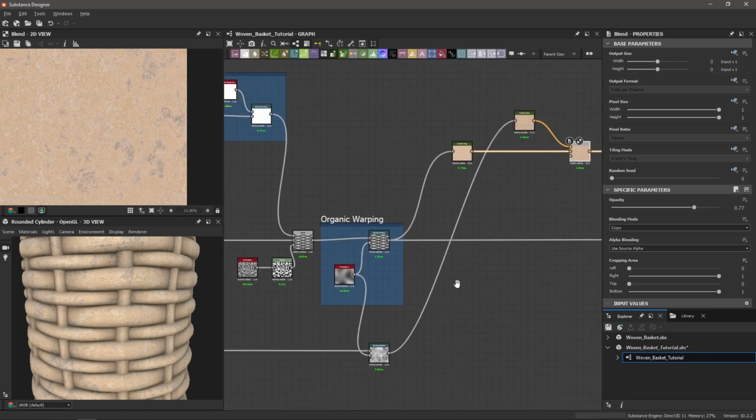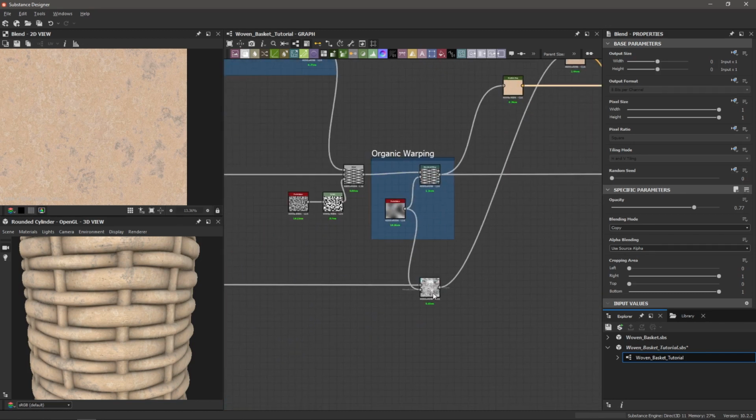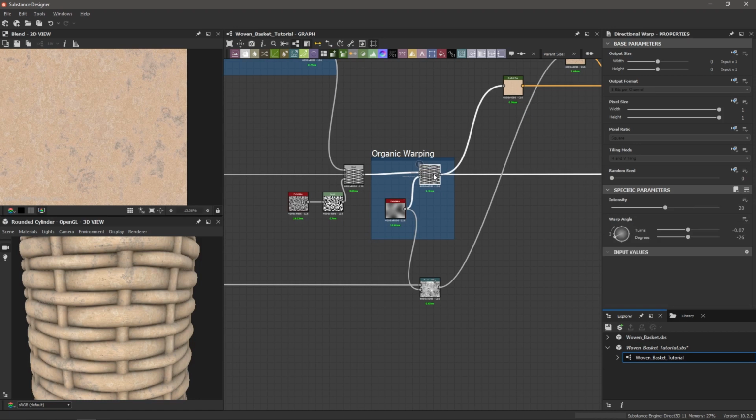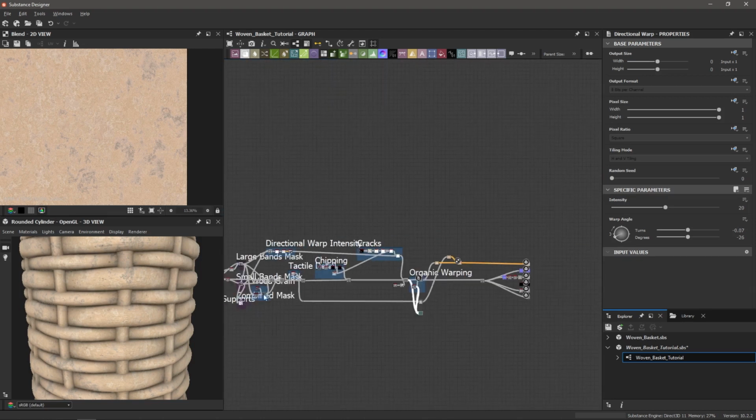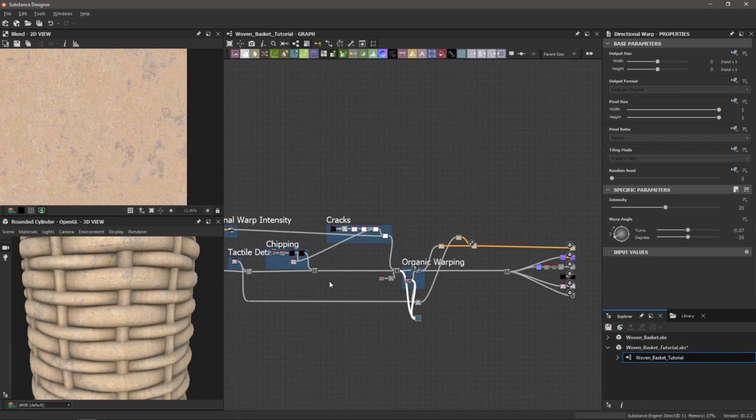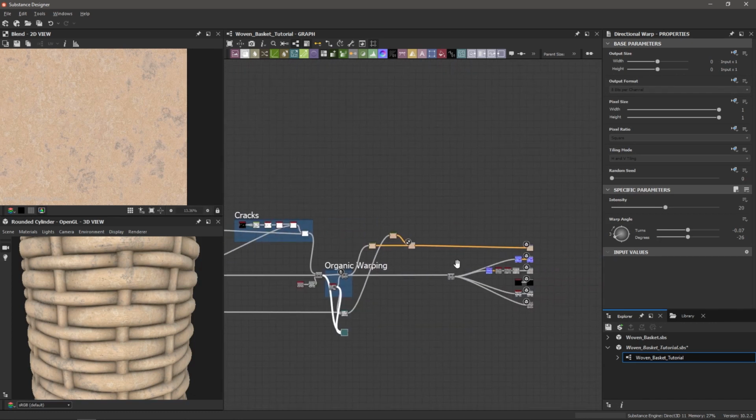So I'm going to go back, and here's our directional warps that we have. We're just going to duplicate another one of those, bring it down here, and you can see what I mean by this wall of directional warps. We're just going to stack them up vertically like this so that you read the graph from left to right, and you can tell all of these nodes are now being warped the same way